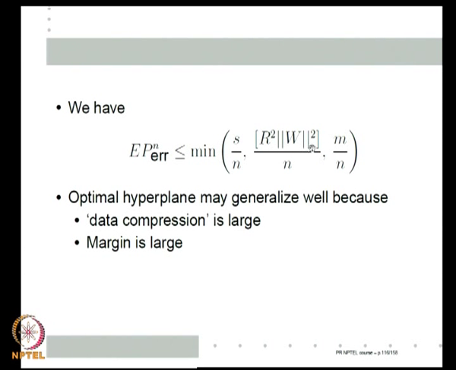The second is, of course, if margin is large, that also will help. Right? So, if I have a large margin, that also can result in error rate being small. Third is the usual thing that we know. If I got many more examples than the dimension in which I am learning the linear classifier, then also the error is small. So, what it means is, even if m is very large, let us say m is 1000 times n, right. I have got 1000 examples in a million dimensional space. But if one of these two terms is small, then also I can learn a good, low error classifier. This is basically what learning the optimal hyperplane is buying us.